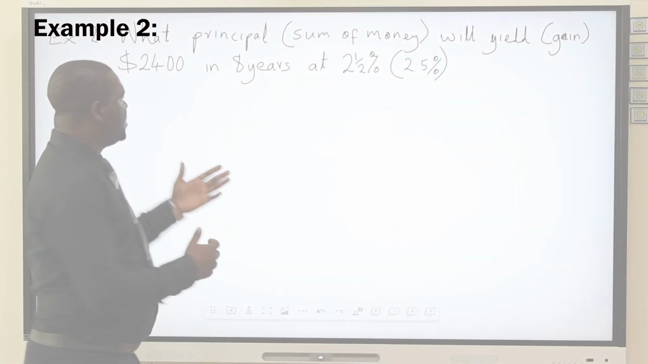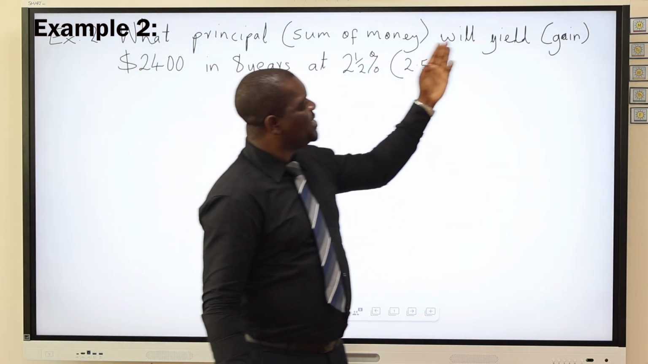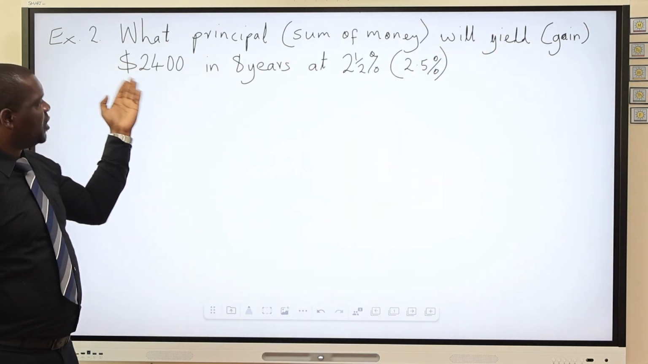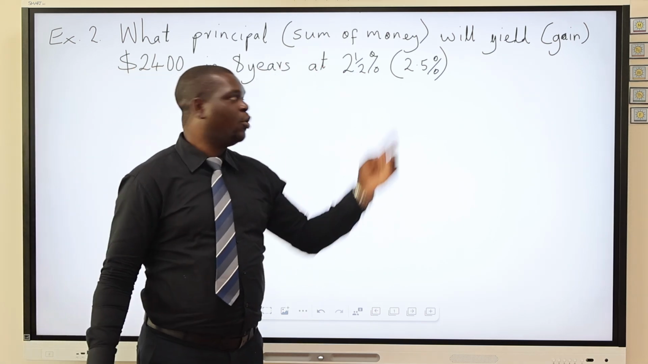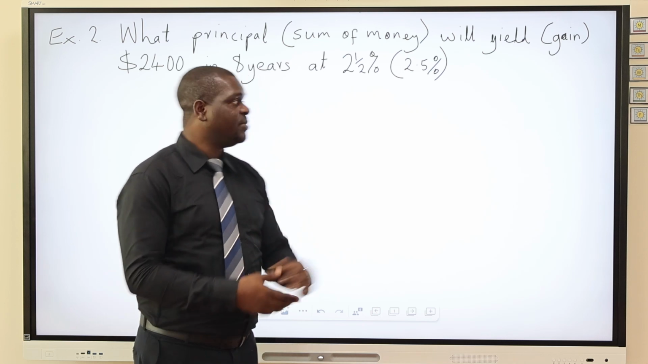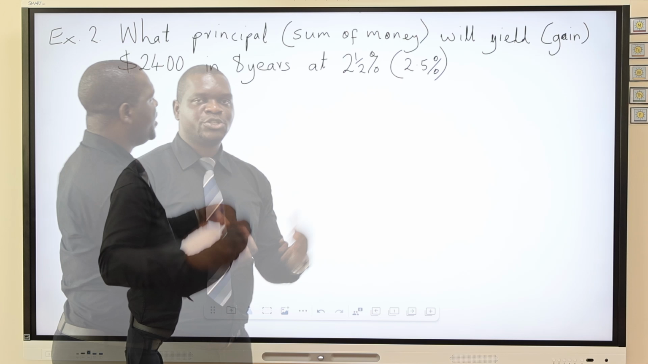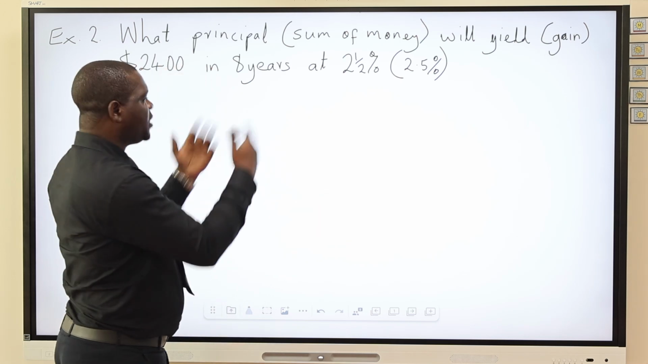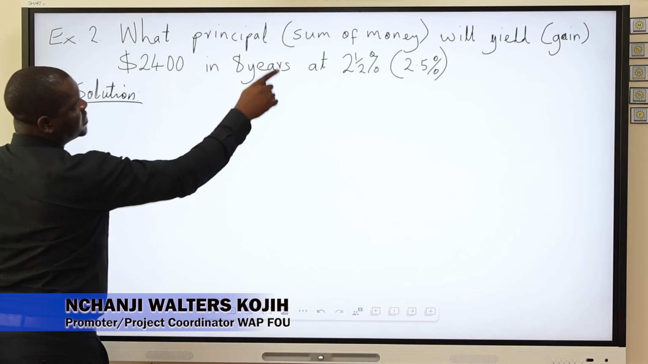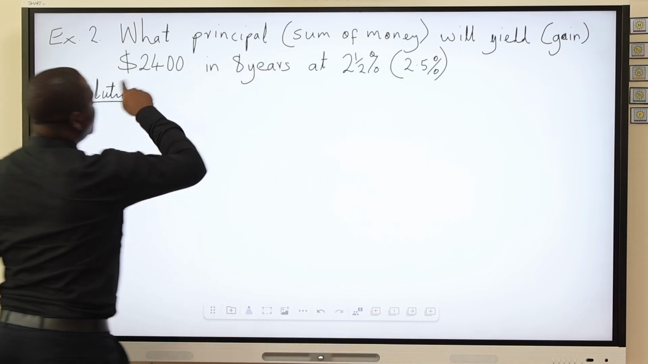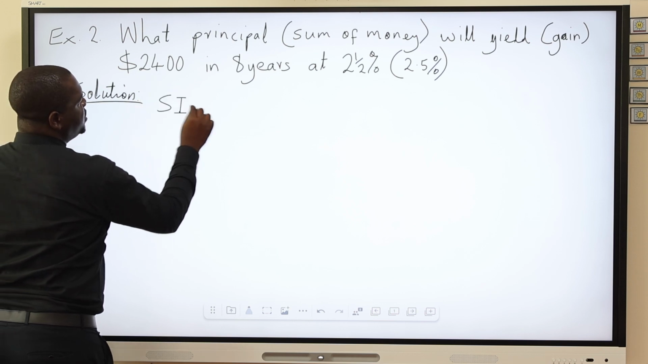Let's follow up. Here is our second example, and it says, what principal will yield $2,400 in 8 years at 2.5% or 2.5%. Sometimes they can give you in decimal, sometimes they can give in fractions. The first thing is to identify what is given, and we start by identifying the first thing that they've given us here is the simple interest, the gain, simple interest, which is